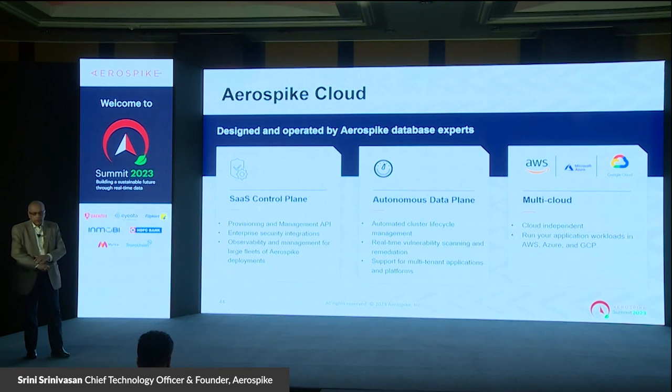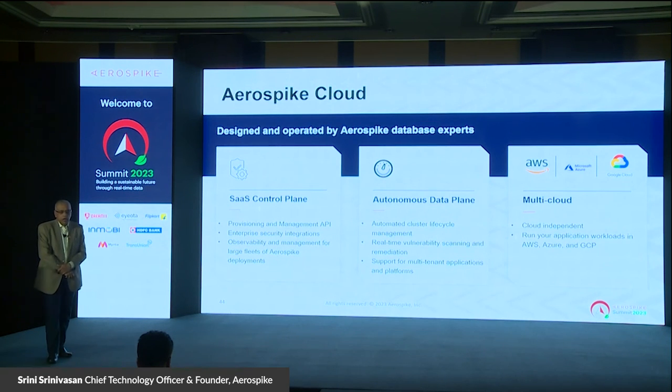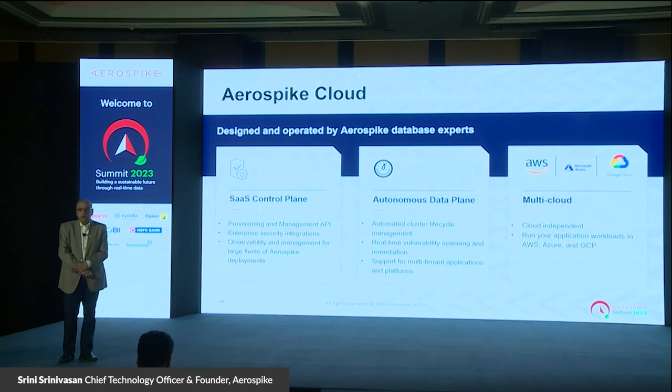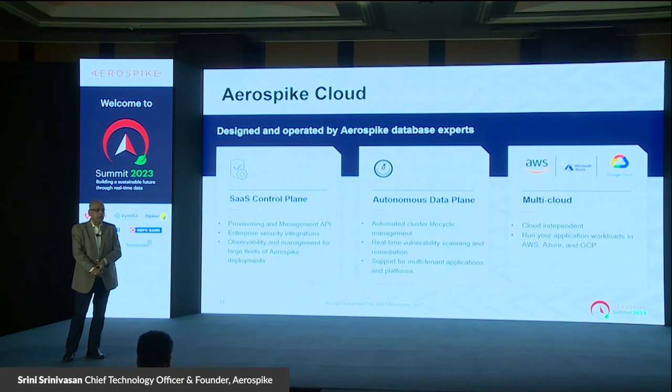A few things on Aerospike Cloud. We are now focused a lot on the cloud, as I mentioned already, and Subbu also showed you how you can start the trial. But the idea here is we are designing the system so we can use the same underlying framework, so to speak, and components for both the database as a service component that we will have, but also the managed services.